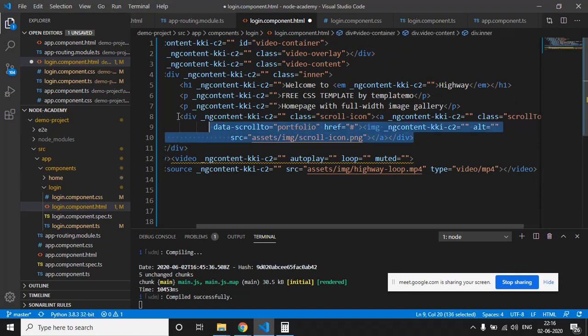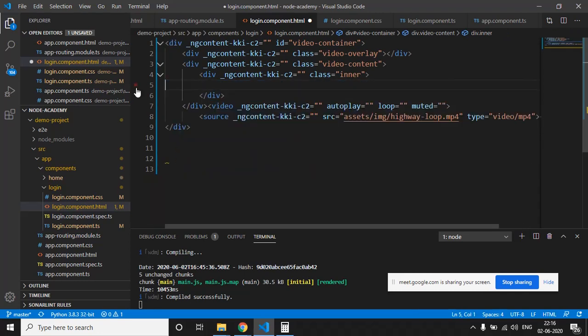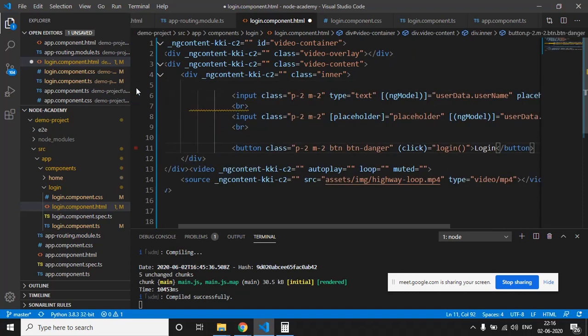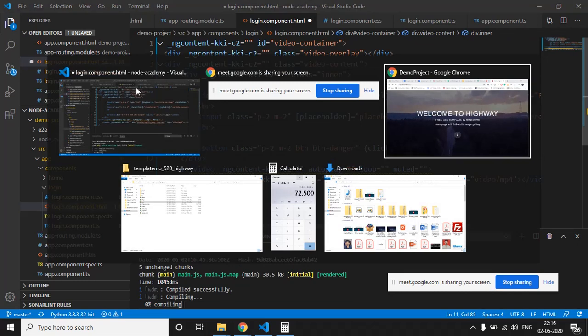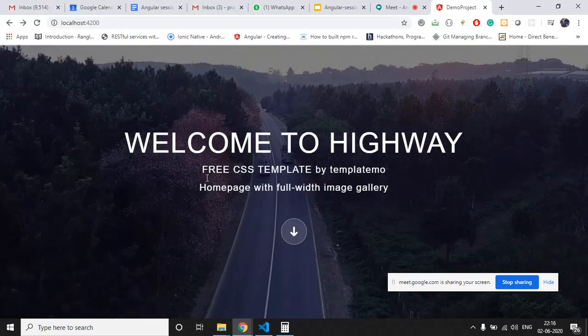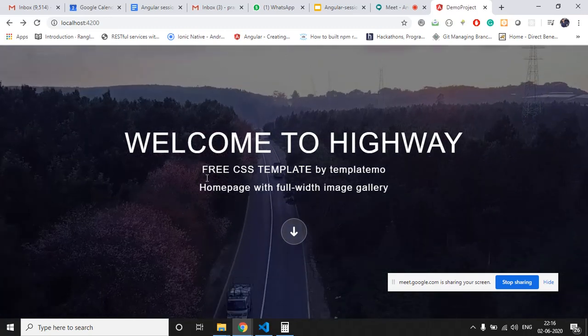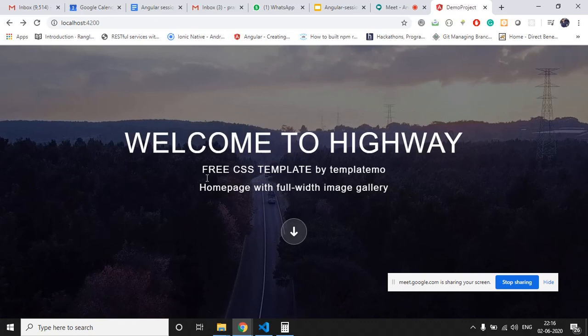We will just put our form here so that we can see the form in between the image that is visible here. Let the Angular application compile so that we can see what we have changed.